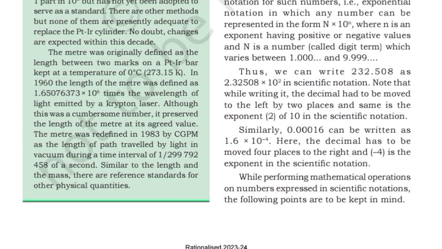Similarly, 0.00016 can be written as 1.6 times 10 to the power minus 4. Here, the decimal has to be moved 4 places to the right, and minus 4 is the exponent in the